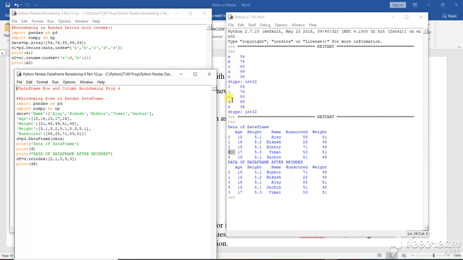That is the first case. In the second case, I just re-indexed the numbers. Whichever I want to come first, I call that one, then secondly the second one, and similarly in this way I have called them one by one to store the values in the data series.